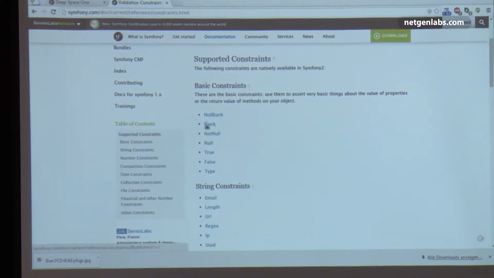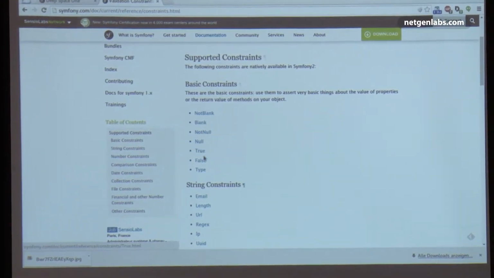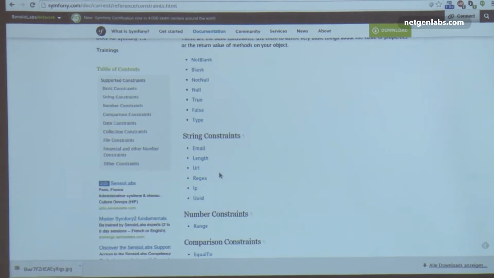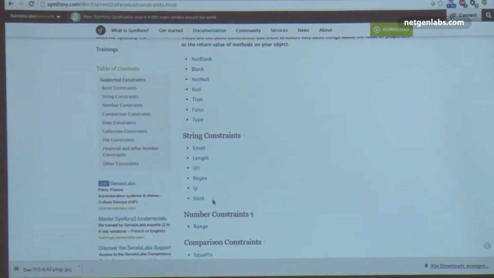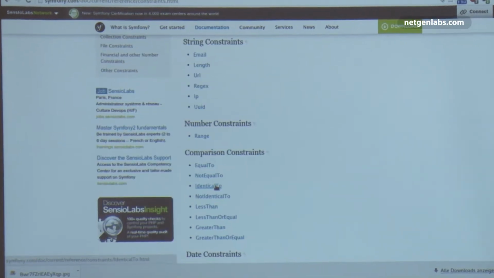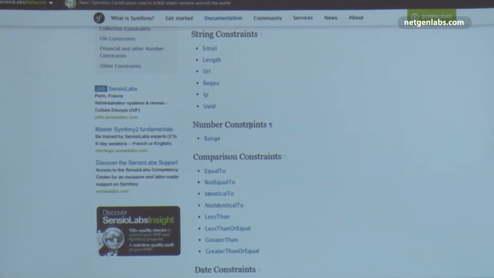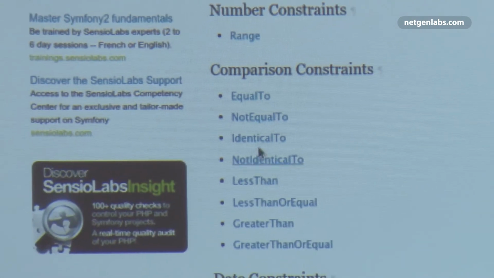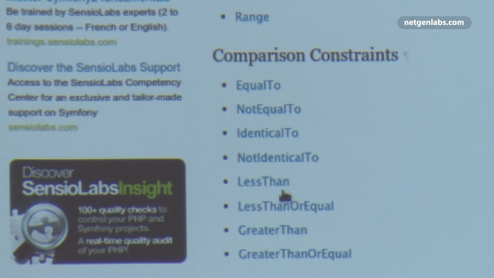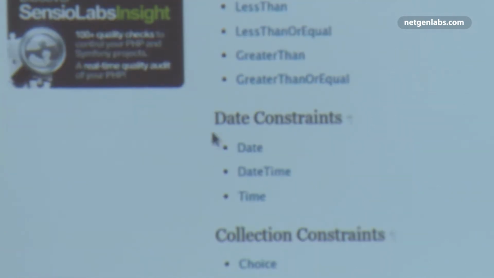Not blank, blank, not null, null, true, false. There's a couple of constraints for validating strings: regex, email, length. For validating numbers to be in a specific range, and there's comparison constraints: equal to, less than, greater than, date